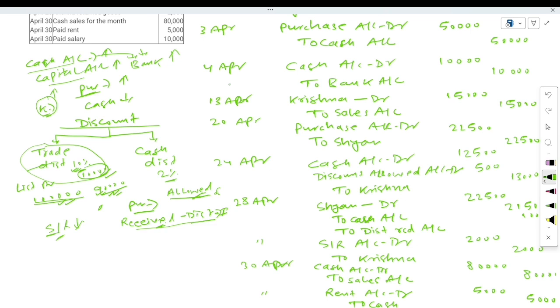So this is the concept of discount here. In this question we have learned the concept of discount. Remember that there are two types of discount, trade discount and cash discount. If it is mentioned about trade discount, then the discount amount of trade discount will not be included at the time of making the journal. Only the cash discount amount will be recorded at the time of making